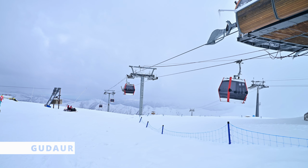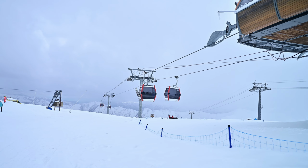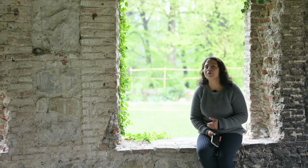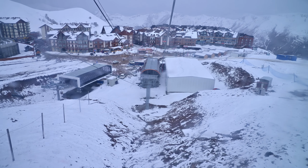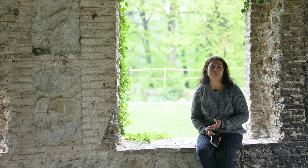So we still wanted to see the mountains, so we went ahead and booked another stay in Gudauri, which was just before where the road was closing. Now Gudauri is a skiing resort town and it was a very unexpected stay for us. Now we didn't have any plans to stay there, but we did come across a lot of snowfall in Gudauri,